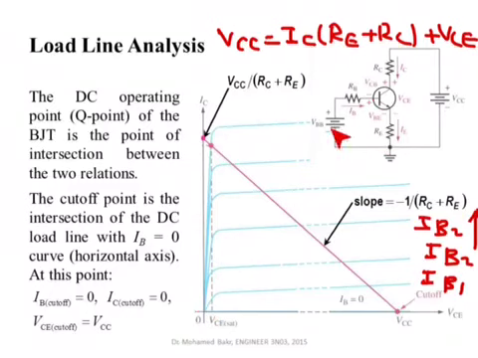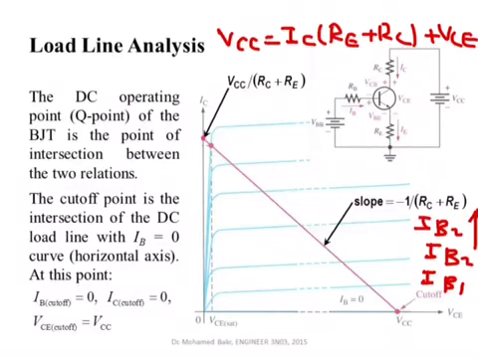It's not that difficult. It's VBB minus 0.7 divided over RB plus, actually we have to take into account this drop here. So we can simply say that VBB is equal to IB RB plus VBE plus I emitter R emitter. But I emitter is equal to beta plus 1 multiplied by IB. So I can obtain only one equation in terms of IB, and then I can solve for IB. So for a given bias condition, for the given VBB, RB and RE, I can exactly find the value of IB, because I emitter and IB are not really independent. They are related by the ratio of beta